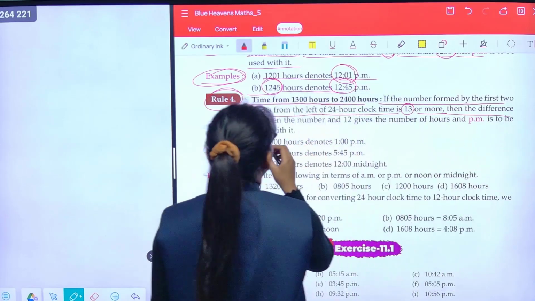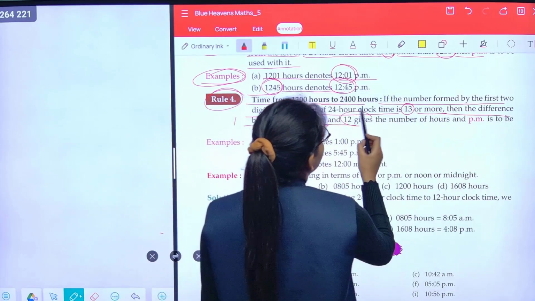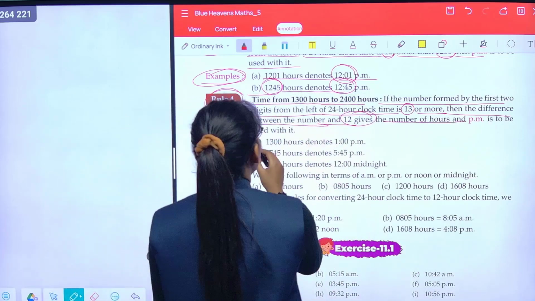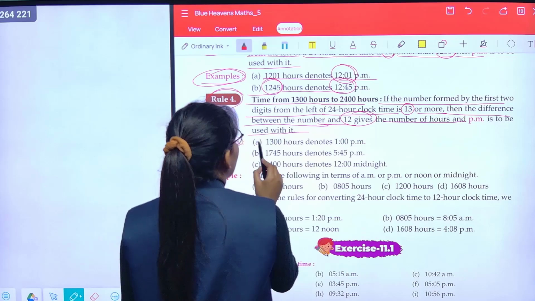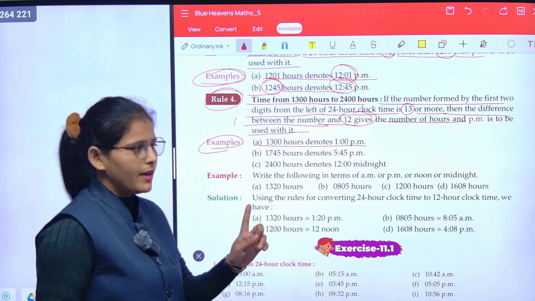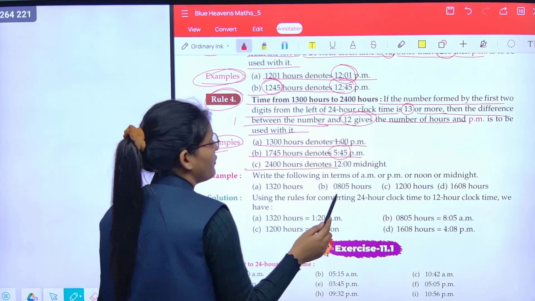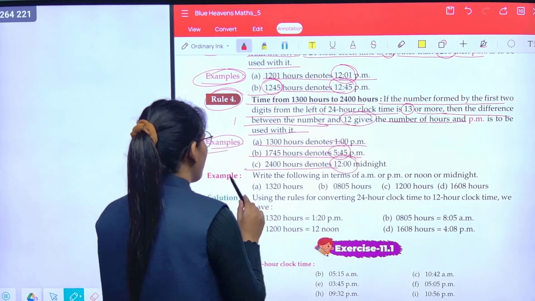Then the difference between that number and 12 gives the number of hours in PM. Okay class, see the example: 13 hours denotes 1 PM, 17:45 denotes 5:45 PM, and 24 hours denotes 12 midnight. Example: